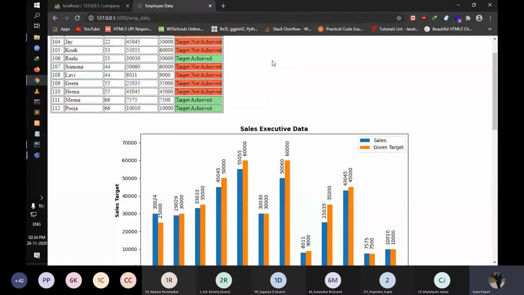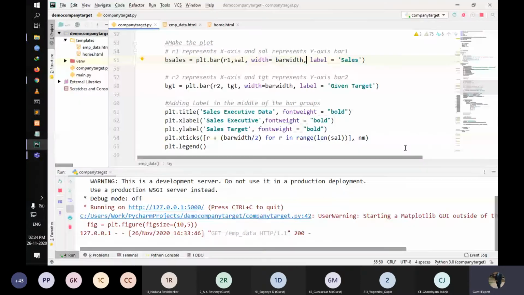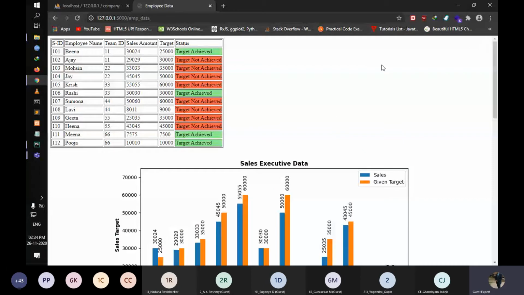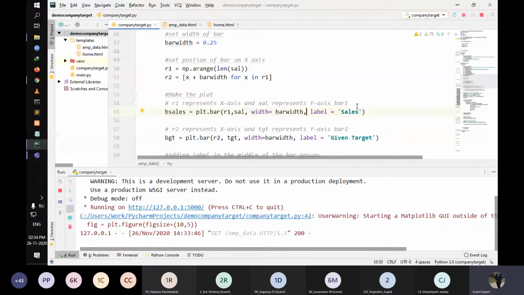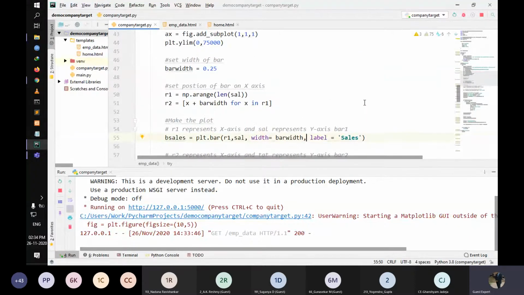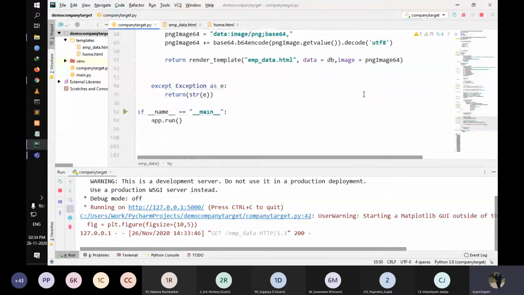Now we will move on to another part of the project. We are going to create a search function, with a search button where we enter the name of a team leader, and it will give the details of that particular team. If anyone has any question till here, please ask. We are moving on to the next section.